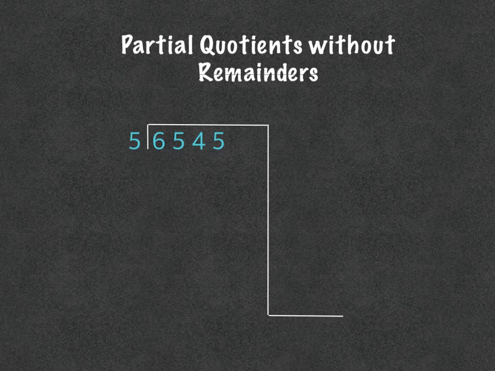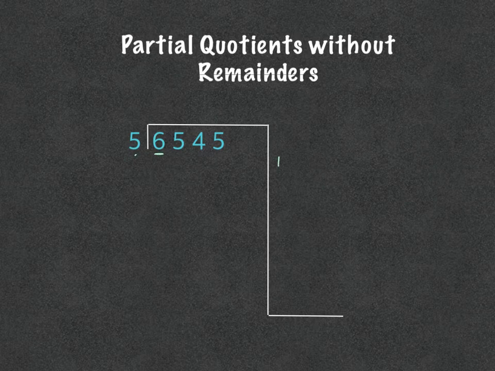So let's go through a couple of problems, and I'm going to do each problem two ways so that we can see how it works, and how even if I pull out different things, you can get the same answer, but in a different path. So if we look at this number, we're taking 6,545 divided by 5. If I look at this thousands place, I know that